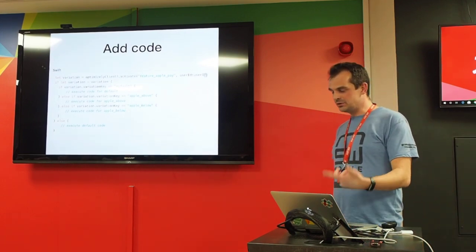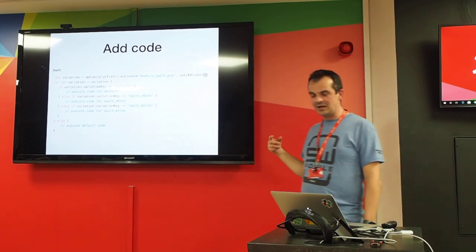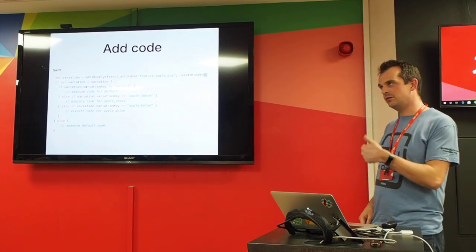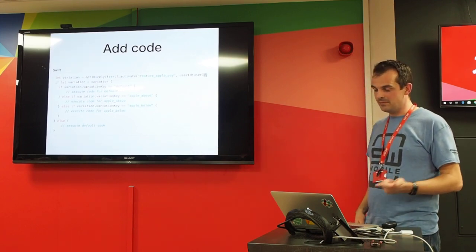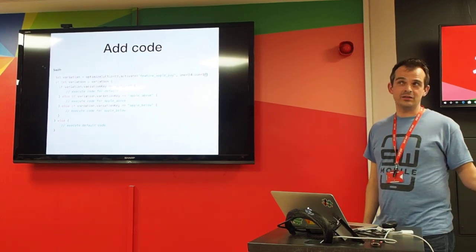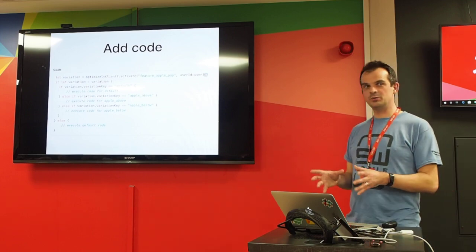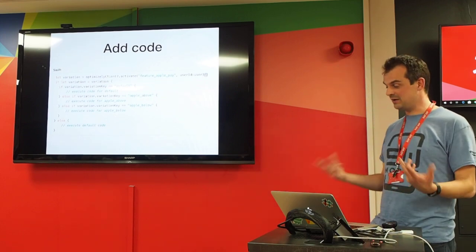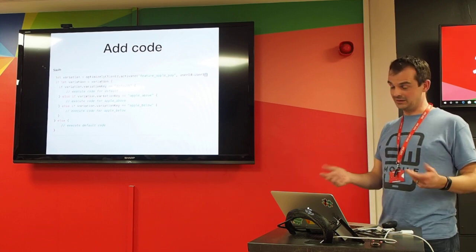When you call most Optimizer APIs, you pass in a unique user ID, which you have to create locally. For consistent bucketing, you probably want to make sure that it is both random, so it doesn't match what might be on someone else's device, and persistent across multiple sessions. If you want to test with new users coming into your app, perhaps before they've signed up, don't just use your internal user ID within your platform, so your subscriber ID or whatever you want to call them. Make it so that it persists across logging in and logging out.